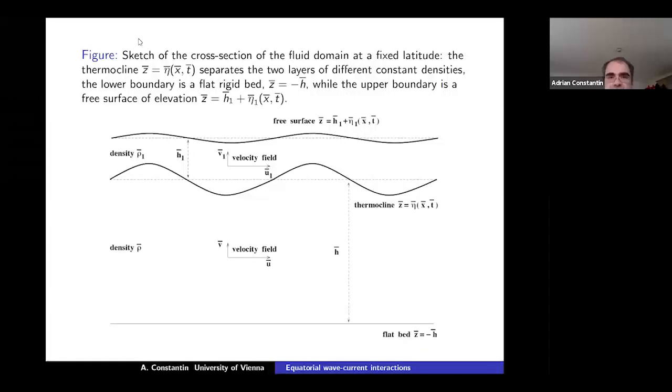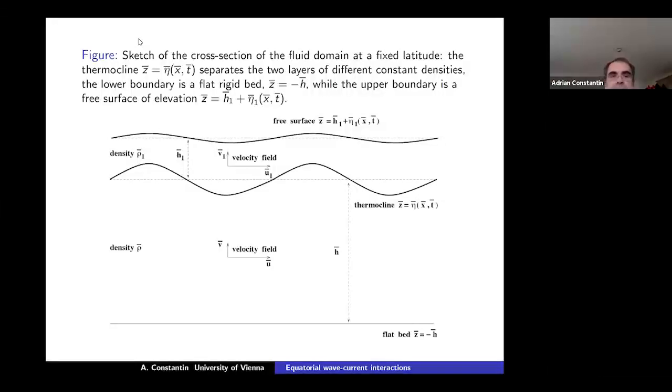So U is in meters per second, the surface is in meters, and so forth. The density has its own unit. So you have a free surface that oscillates much less than the thermocline, this interface. So the height is exaggerated by a factor of 10 compared to this figure. H is the mean depth of the internal wave. So this is something like 3.6 kilometers, and H1, it's 100, 200, up to 300 meters, is this surface layer.